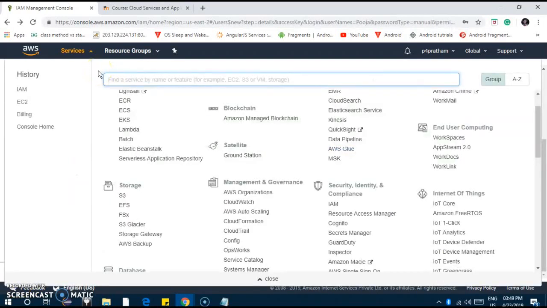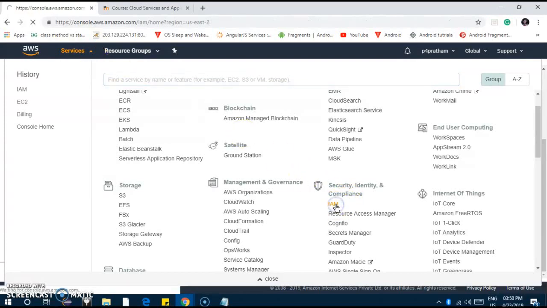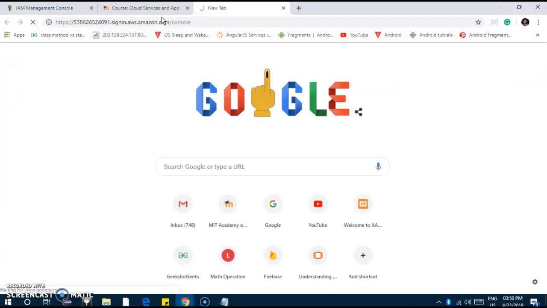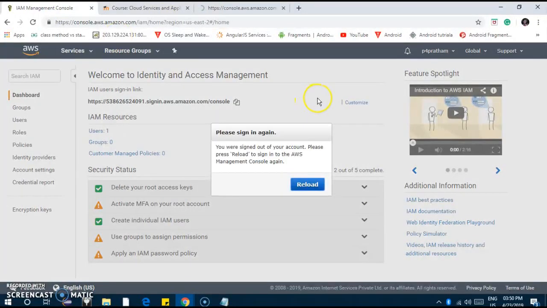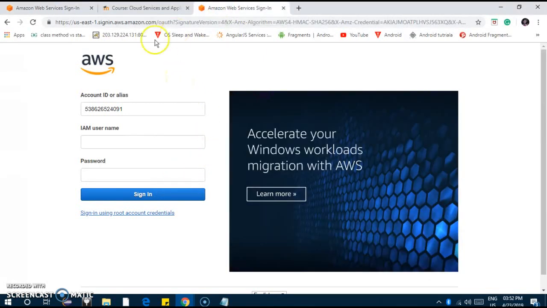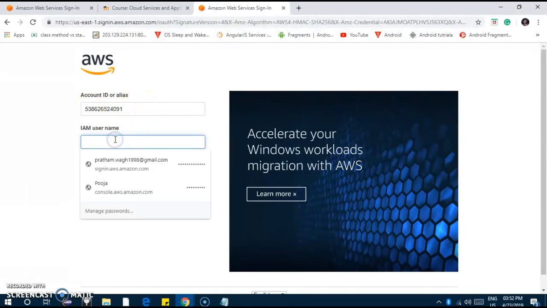So after creating your user, go again to the services, click on IAM, copy the link which they have given, and paste it. Now we are logging out from our root account. So I have logged out from my administrative root account, and I have gone through this link where the account ID is autofilled. Here I have to type my username, which I have given,